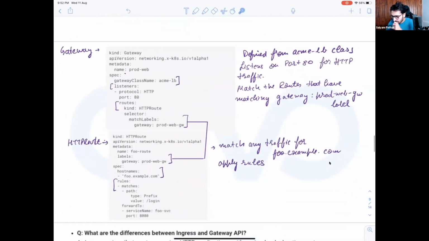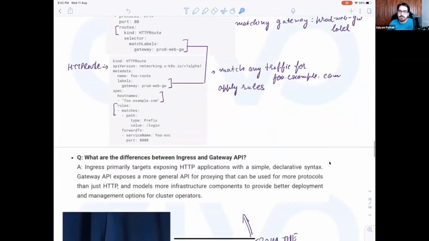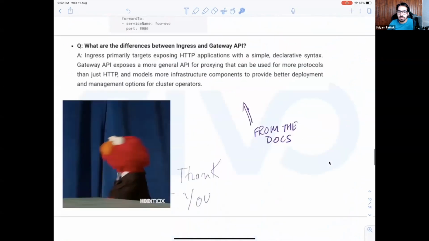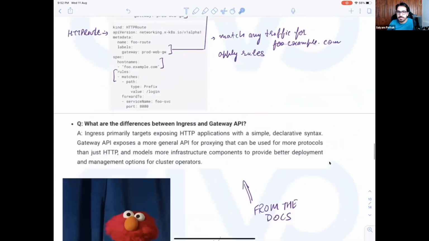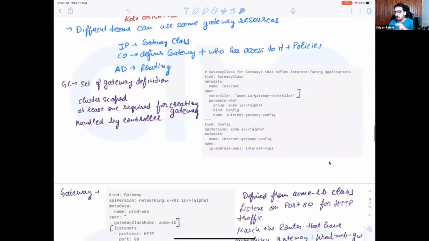So that's pretty much what I had for this particular session, all the things about what API gateway is. So I hope now before